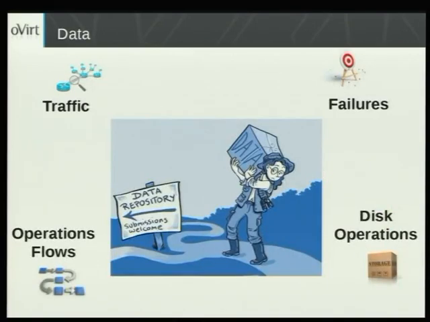So we're referring to information that we have in our project. Every project is different, and it's very general here, but most of us have operation flows that we sometimes want to follow or maybe count. We have the traffic information that we have in the system. Then we can see overloading for scaling abilities, failures in the system that we want to count, maybe to show things around the failures that we have, and disk operation. Each of those